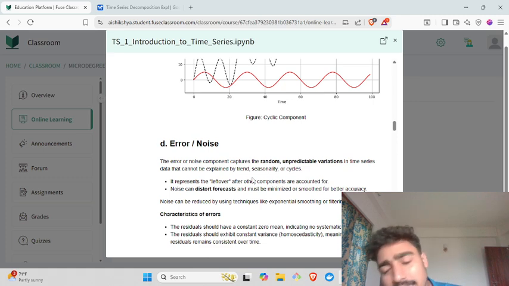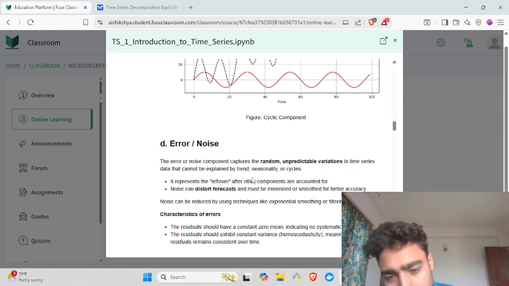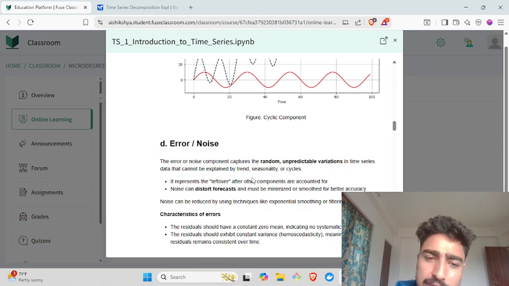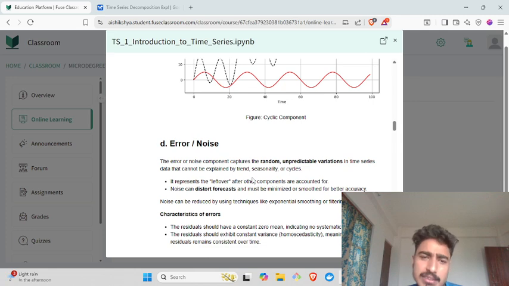And the same applies here. The error or noise component captures the random, unpredictable variation in time series data that can't be explained by trend, seasonality, or